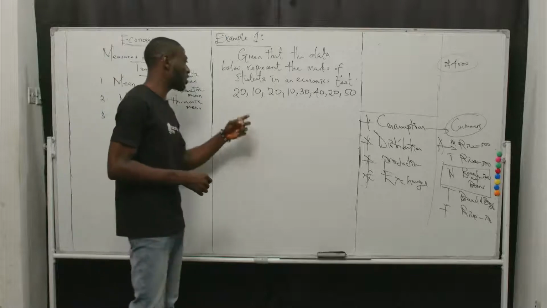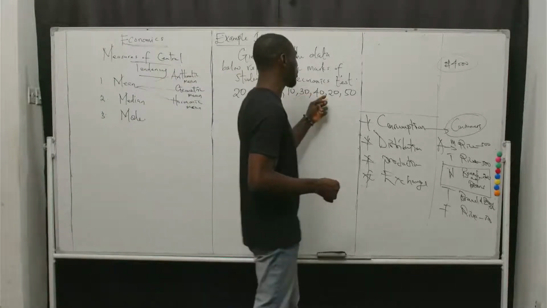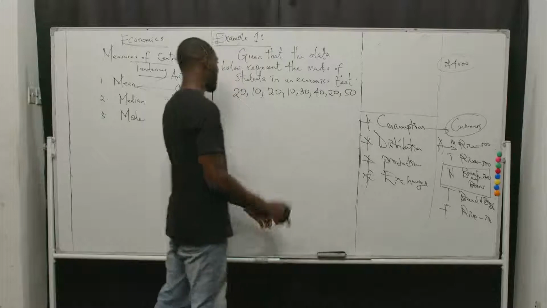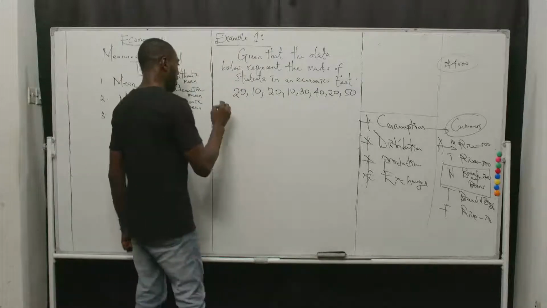So we have 20, 10, 20, 10, 30, 40, 20, 50. All right. So we said calculate